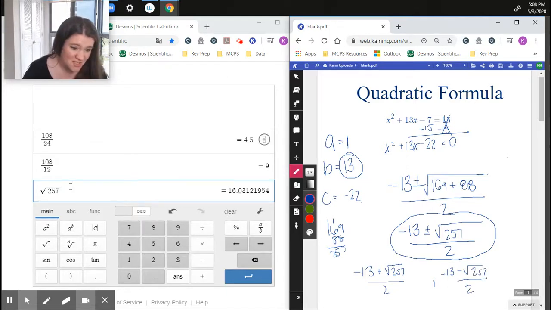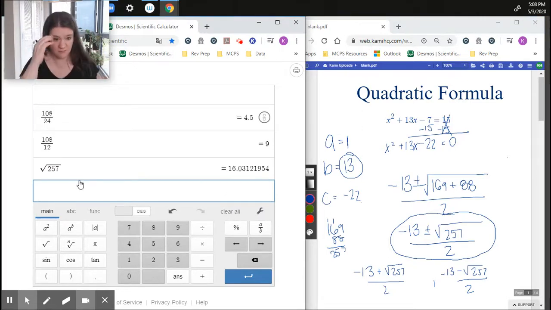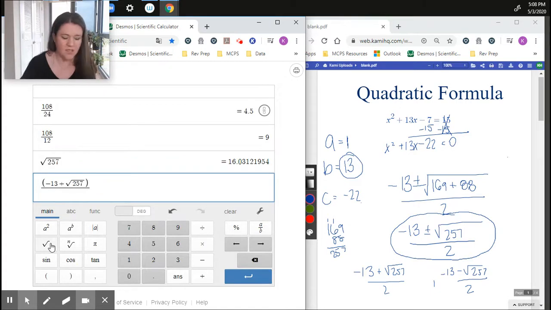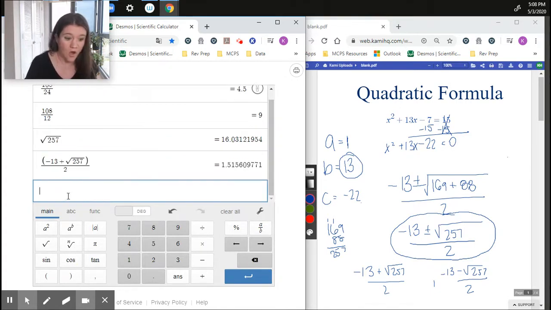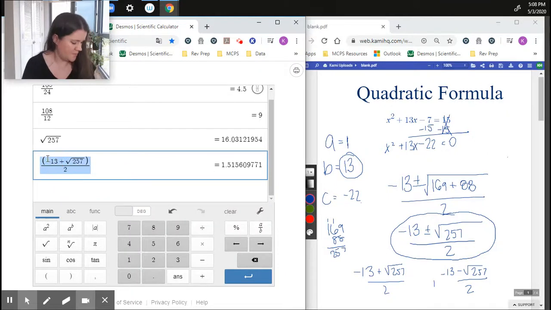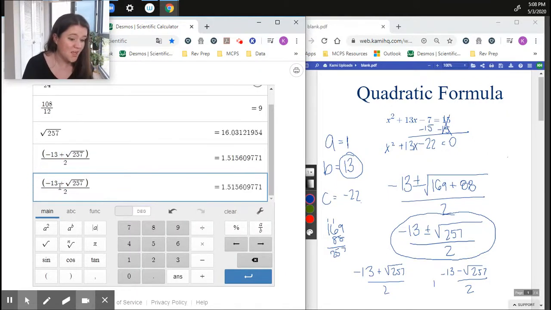I'm going to show you what that looks like in the calculator, just so you can see what kind of ridiculous number it is. So it's -13 plus the root of 257, and the reason I put the parentheses around it is so it divides everything, divided by 2. Also, because I want the 13 divided by 2 as well. If I copy it and paste it and switch out a plus for a minus, those are my 2 answers, right? So your answer is going to be -14.516, and the other time it'll cross the x-axis is at